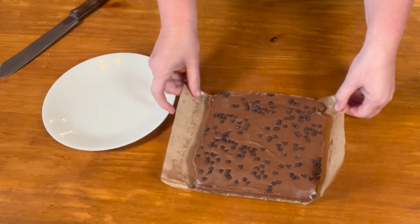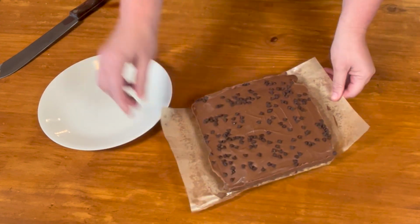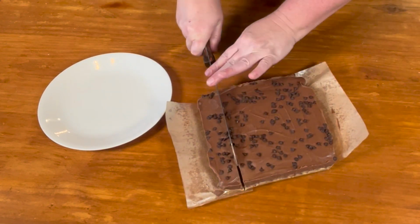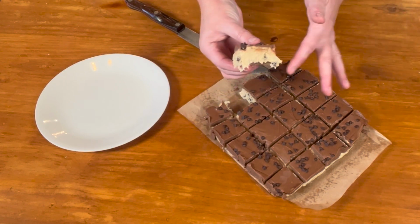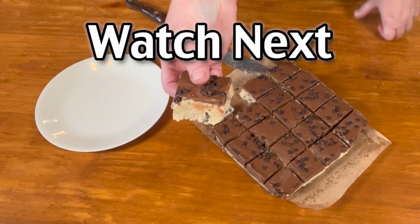Look at that yummy goodness, no bake cookie dough, yum. Now this is really rich. Yeah, probably could stay just a little bit longer, but look at that. Oh